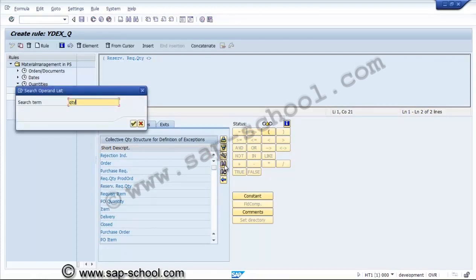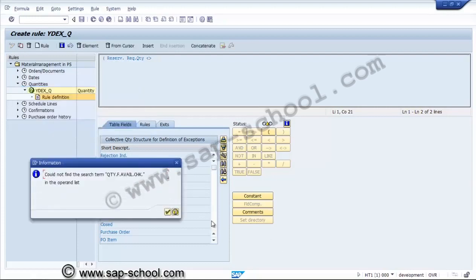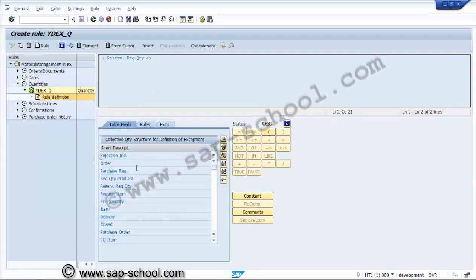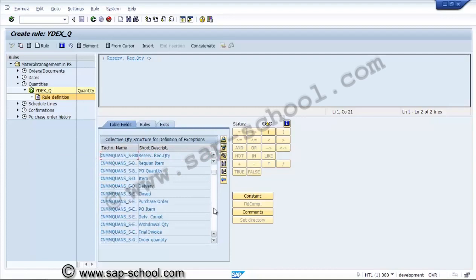Then we'll check for quantity for availability check, or we can consider from here only. So this should not be equal to the quantity availability check.